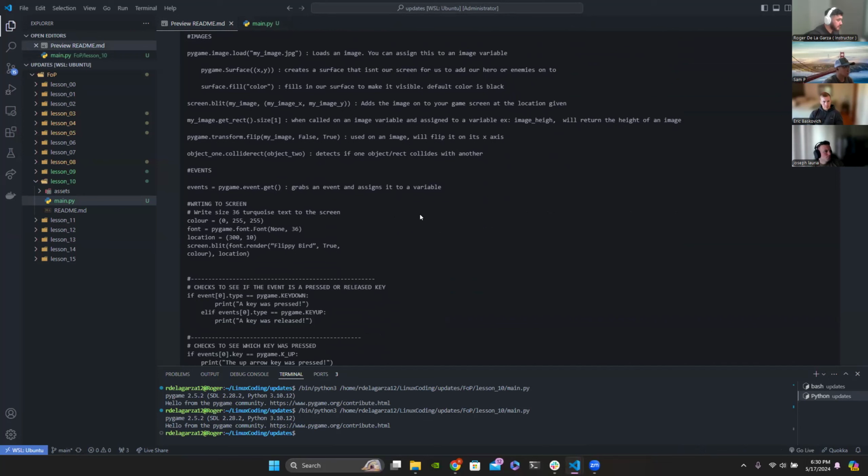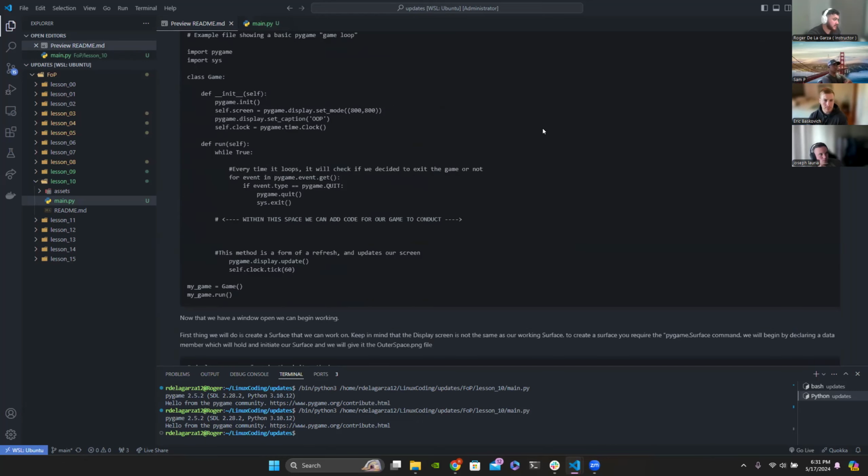So now that we have that, the next thing we're going to want to do is add a background to our screen. Right now, it looks pretty bland. It's blank. There's nothing on there. Well, we're going to create what Pygame calls a surface, and the best way to visualize this is to think of it as